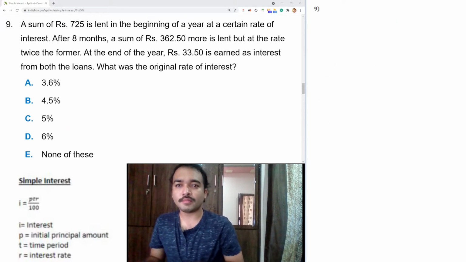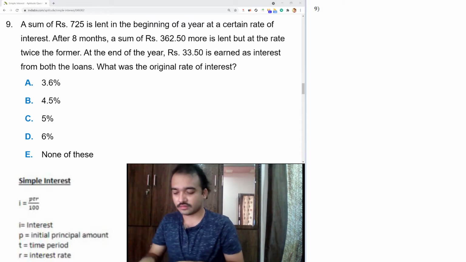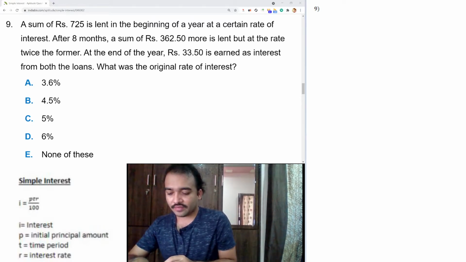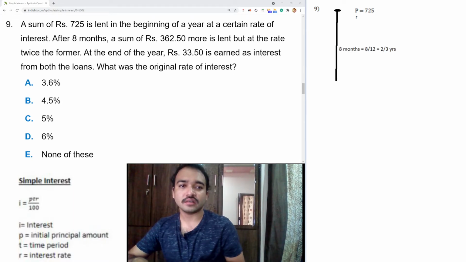Let's see problem number 9. A sum of 725 is lent in the beginning of the year at a certain rate of interest. At the beginning of the year, 725 amount is there. Rate of interest is R. After 8 months, that means 8 by 12, which equals 2 by 3 years,